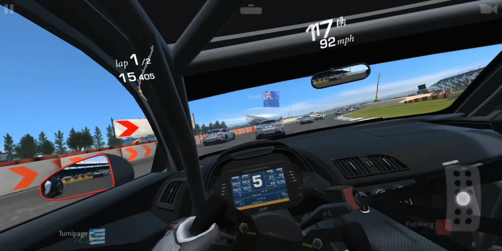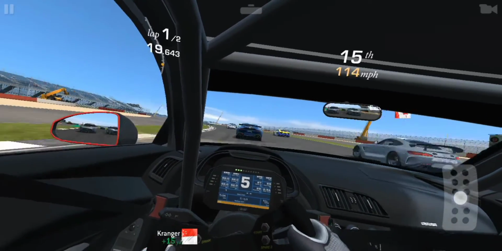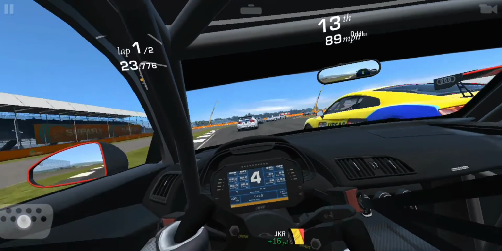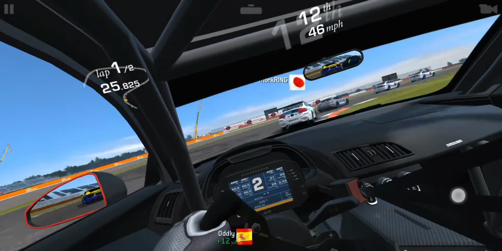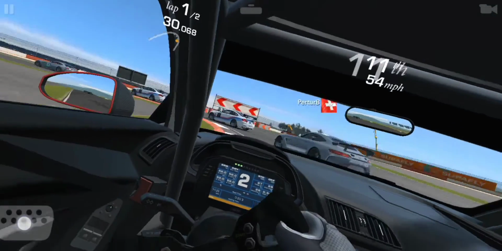Once again, we got the moves. In between those cars, we got the inside line. We're up into 15th, and so we got the inside up into 13th. Can we get the move off the Audi? We try to go for the undercut, but we were just a little too aggressive,